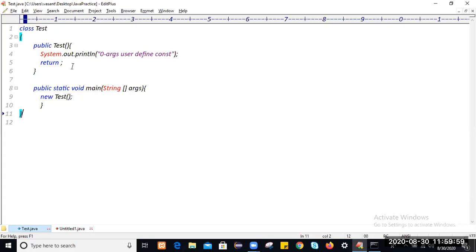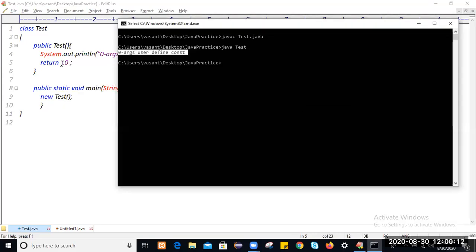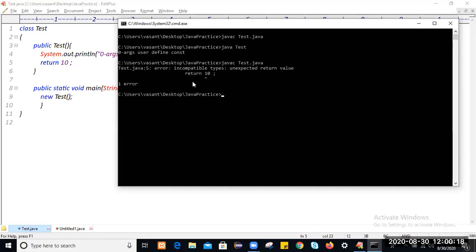But if you try to return any value from the constructor, then you will get a compilation error saying the constructor doesn't allow any return type, or that a void method doesn't allow a return value. If you compile it, you see an error in Test.java line number 5: incompatible types, unexpected return value.